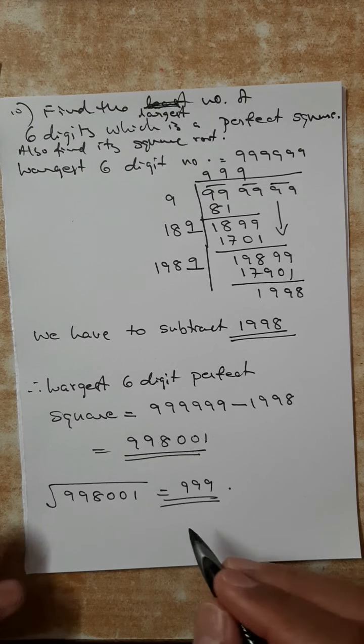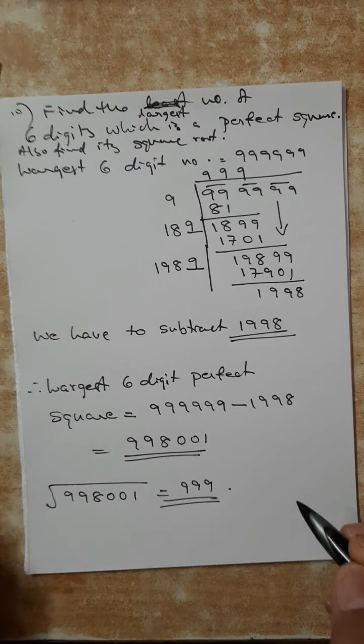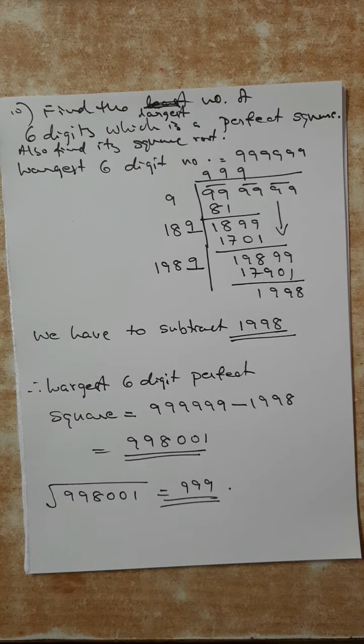Okay, now listen. We discussed 10 questions in this video. Only 10 questions we can say, but it is not simply 10 questions. So many types of questions we discussed here. What should be multiplied? What should be divided? Then we studied that LCM question. That means 3 types. Now what should be added? What should be subtracted? Then we studied how to find the smallest perfect square and the biggest perfect square number.